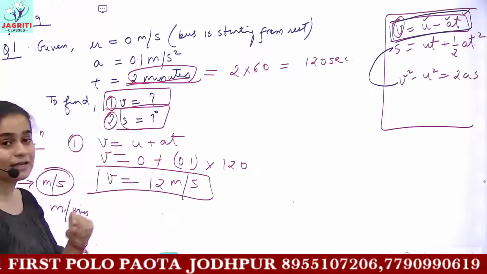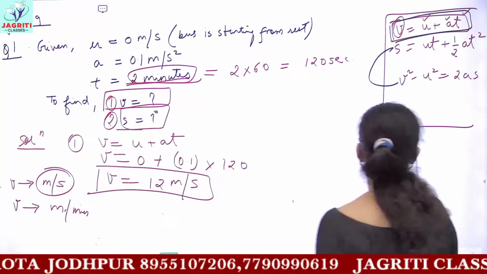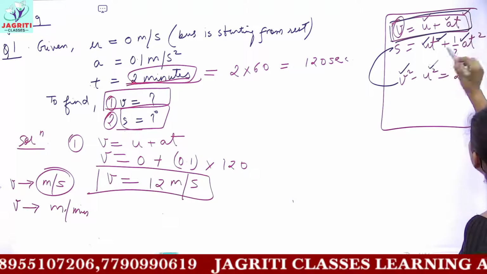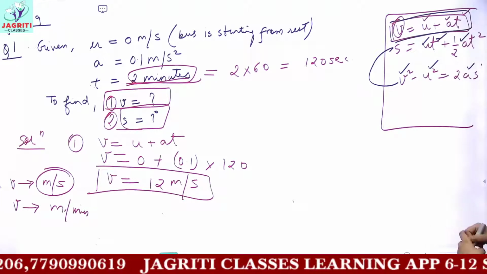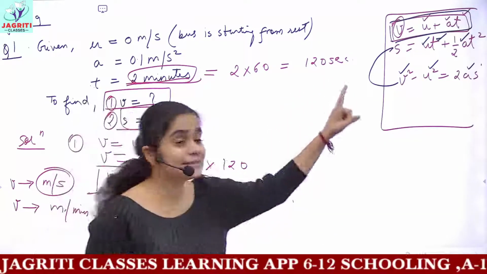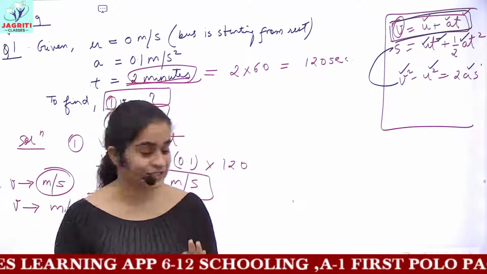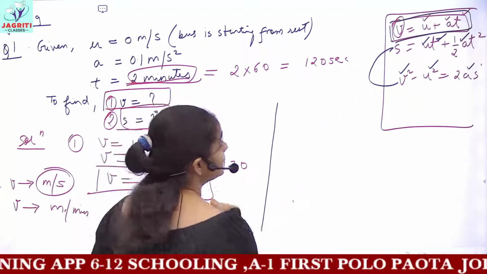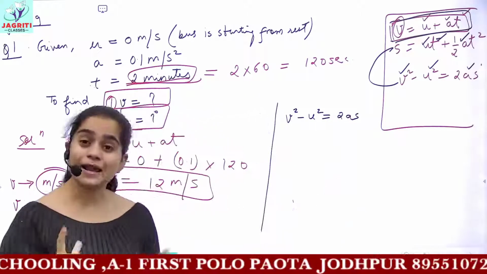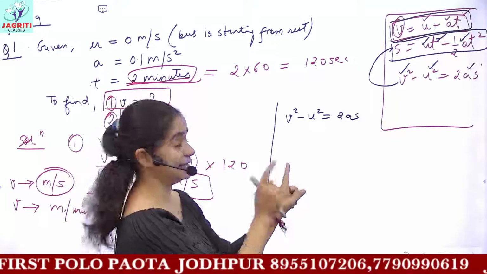You have to find the variable s, and you have the values of u, a, t and v here. So I have the values of u, t, a, and for the third equation also I have all the values. So I can use either the second or the third equation to find the answer, and both equations will give you the same answer. Yes, your calculations must be correct. So let's use the third equation here, which is v² − u² = 2as. You can practice and solve this question for s using the second equation, and you should get the same answer.